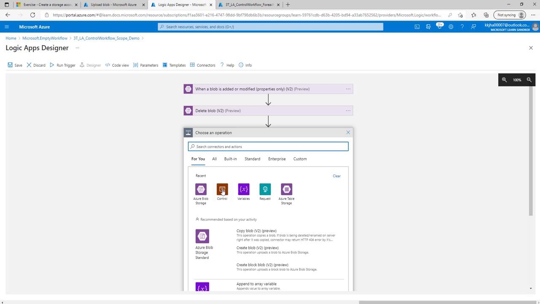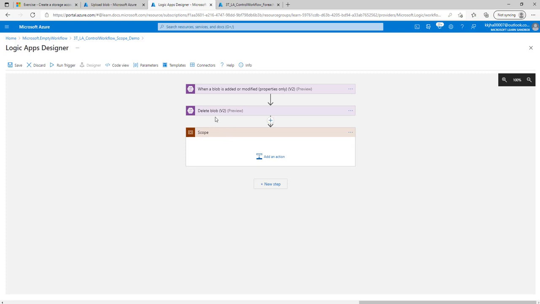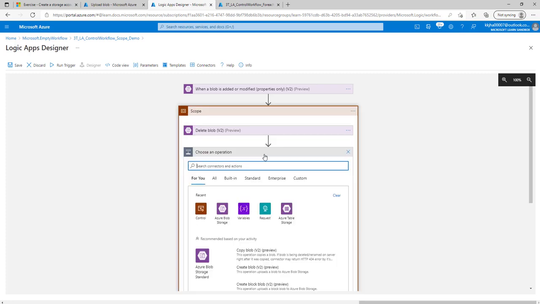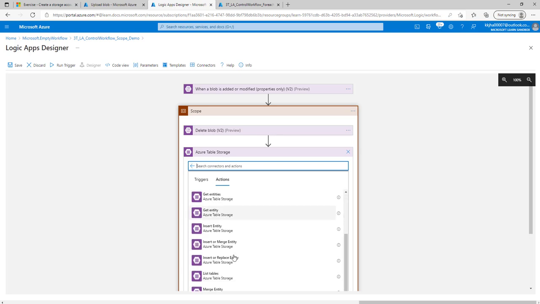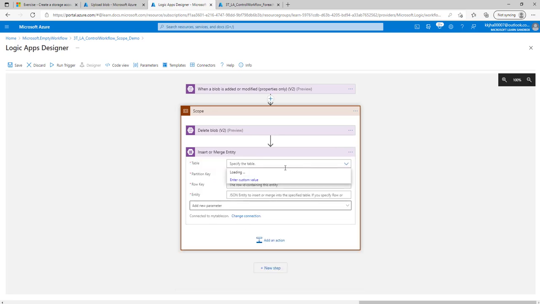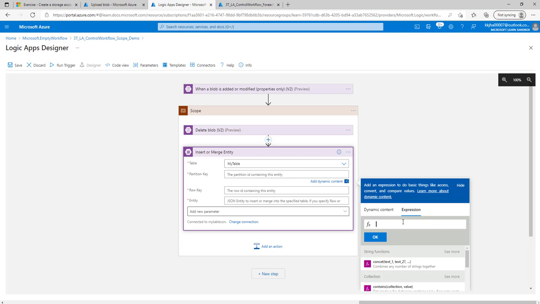Okay, and then we will have this scope under this control. The best part in logic app is we can just drag and drop inside this scope. Okay, so after that what we can do, we will try to insert. So after deleting, we'll try to insert a value in table storage and we'll see. Okay, so here just try to insert, we will use our table that we had created, partition key, we will have GUID,